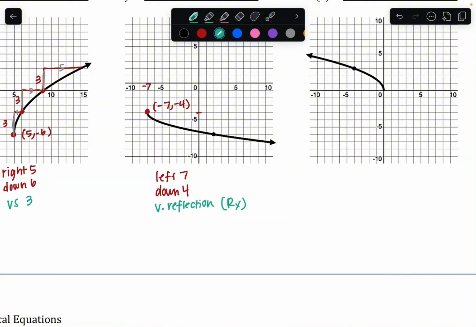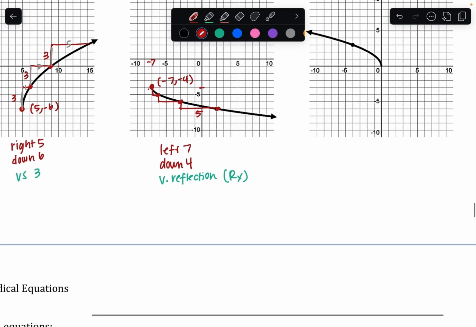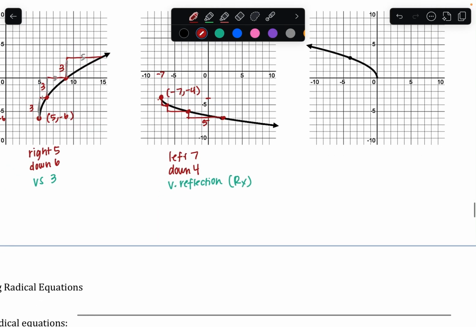And then putting the other points on the graph, I can see I'm going down 1 over 1. If I go down 1 more, I go over 3. Down 1 more, I'm going over 5. Okay, and so our 1, 3, 5 pattern and our 1, 1, 1 pattern is still the same. So there is no stretch or